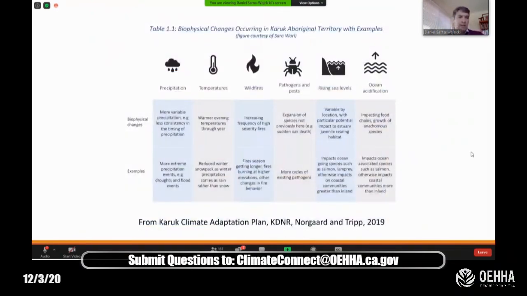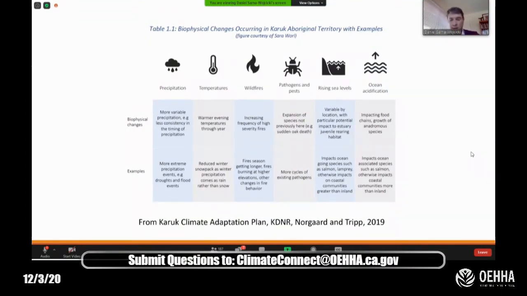We're projecting that stream flows in the dry season will likely decline. Peak flows in the winter will likely increase. Overall, reduced soil moisture conditions in the summer months by about 2 inches. And in terms of the snowpack, we're seeing some pretty drastic projections there. 37 to 65% of the snowpack will be lost by mid-century and 73 to 90% by the century's end.